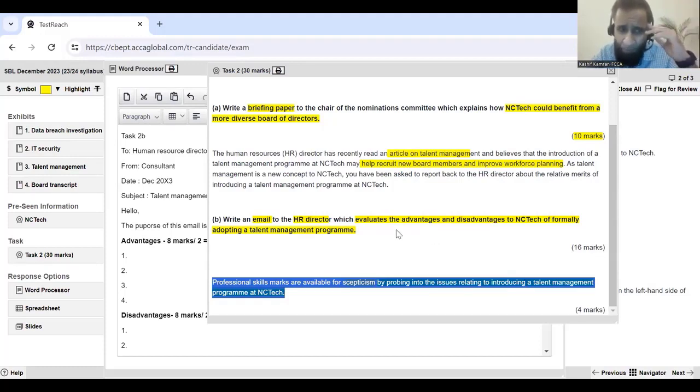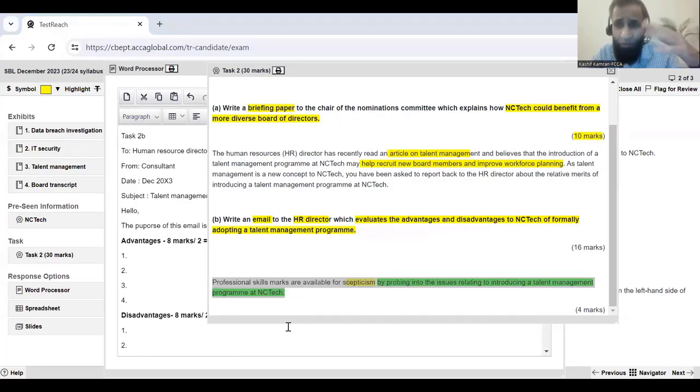In which exhibit? In exhibit 3. So when you read Exhibit 3, will it talk about some of the issues in introducing a talent management program? Some of the directors might not be happy with this introduction. Some of the directors might be of the opinion that we should not introduce it. So when you're writing the answer, particularly around advantages, will you take into account the issues some of the directors